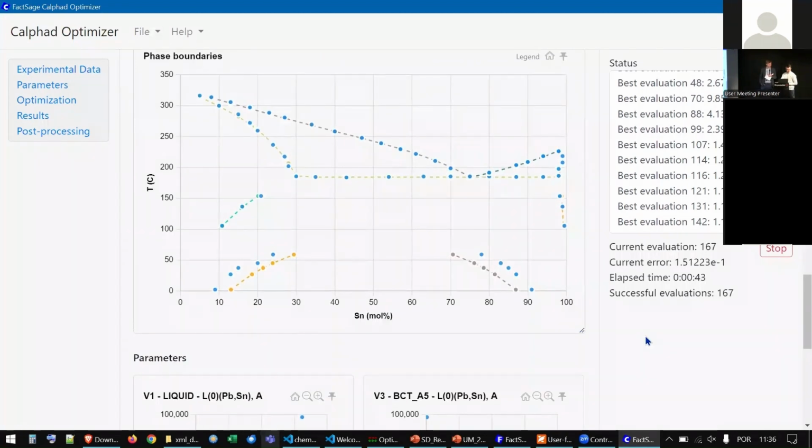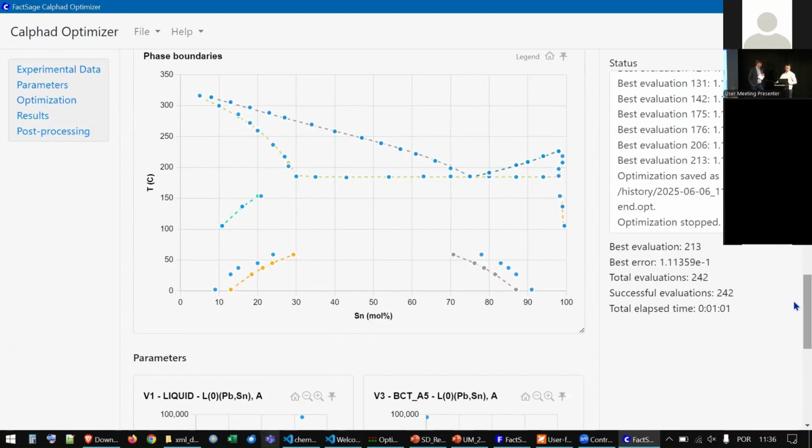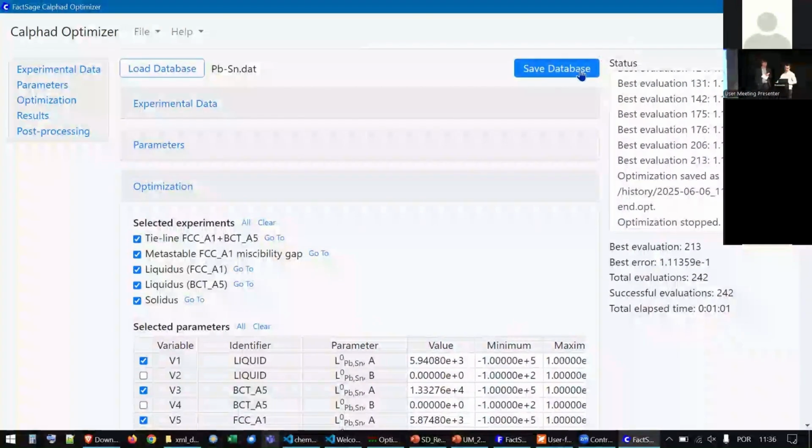Okay. But now what do I do if I want to add a new parameter to the database? Yeah, in this case, you would need to go back to FactSage. Open the solution model. Probably before that, you need to import what you just created here, right? You need to save this database as a .dat file here on the top. Yeah. Save as a .dat. Add a new